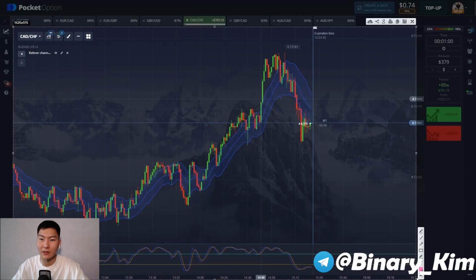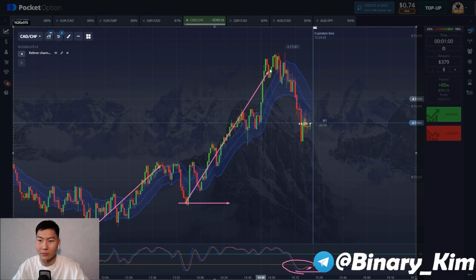First of all, we take a look at the stochastic. We understand that the upward dynamics dominates here and we play ahead of the market again. We understand that this is a clear uptrend. The updating of the local high took place here and then a strong correction followed. The price broke the Keltner channel down here,